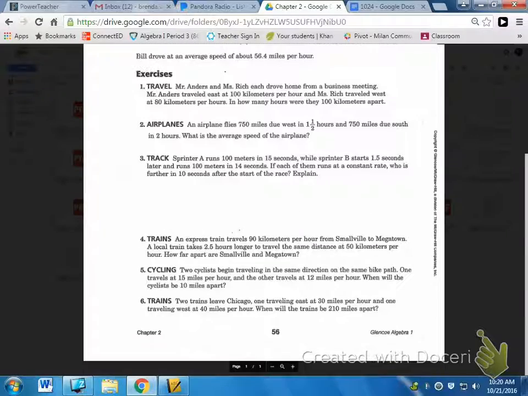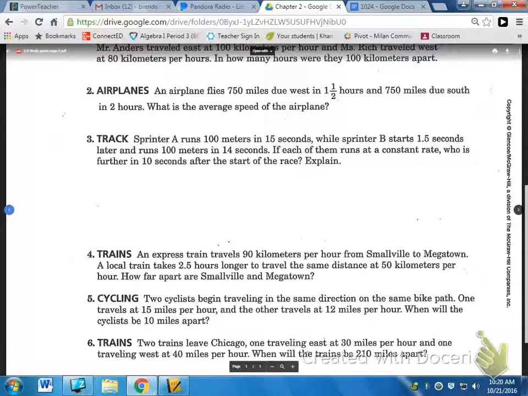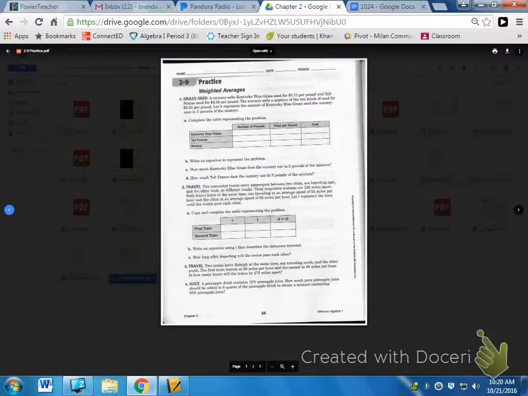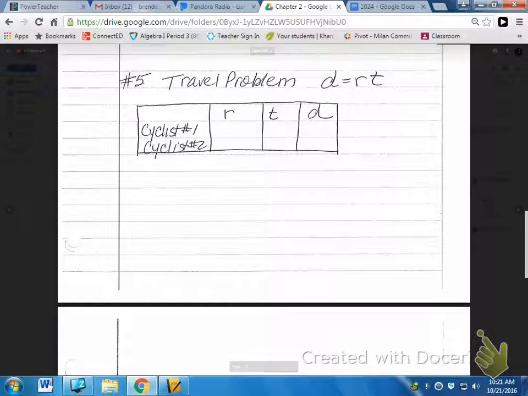Check this out. 2 cyclists begin traveling in the same direction on the same bike path. But one is traveling at 15 miles per hour, and the other one is a little slower, 12 miles per hour. When will they be 10 miles apart? So one will be 10 miles ahead of the other one. Okay, so you got to think a little bit on these, but honestly, these are a lot easier than mixture